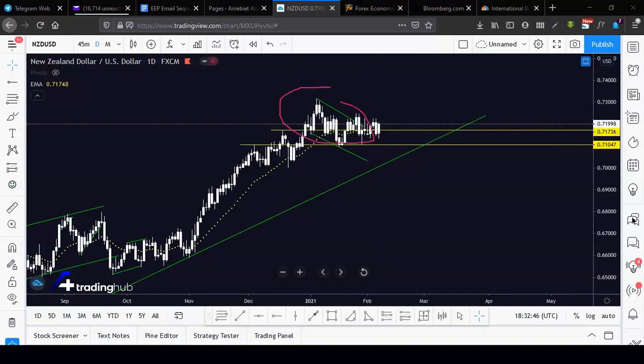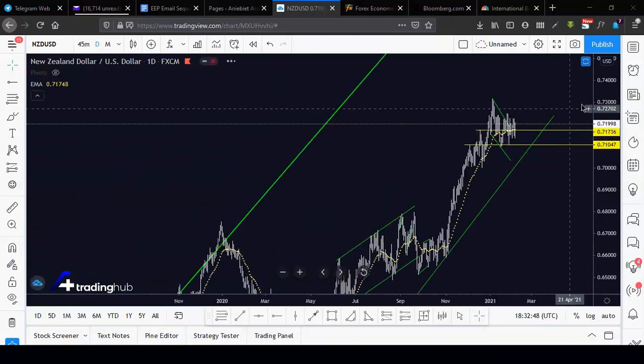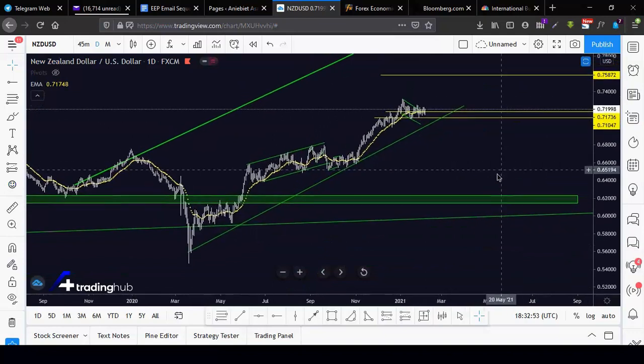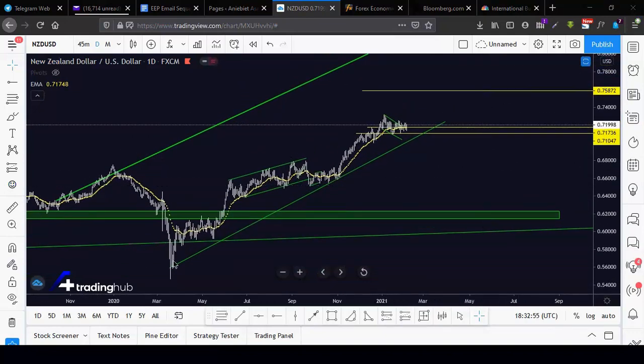This is a correction. If I shrink my chart, you see that trend line from below here. You see that trend line from here? See it pushing up. So the next phase I was targeting was here. So I wanted to see bullish price action around here, then I buy to the top. That was 2 weeks ago, but price has been consolidating within this region, and price action isn't clear right now